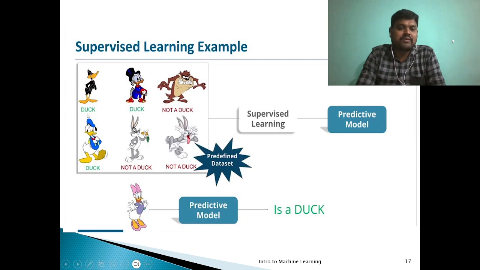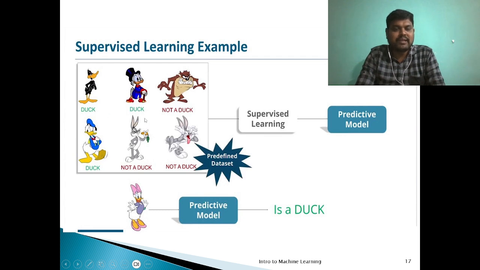See, for example, I have labeled it as duck or not a duck. So the machine will understand if it is a duck, these are all the features or characteristics of a duck, right? These are all the features or characteristics of a duck. If it does not match the features, then it will be categorized as not a duck.